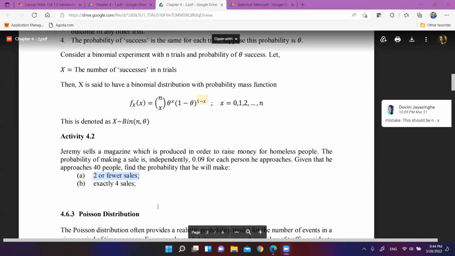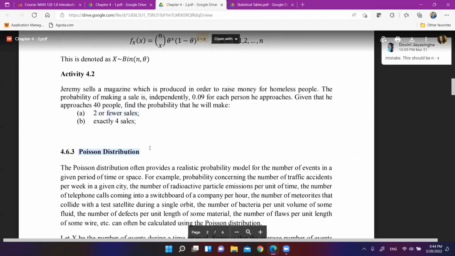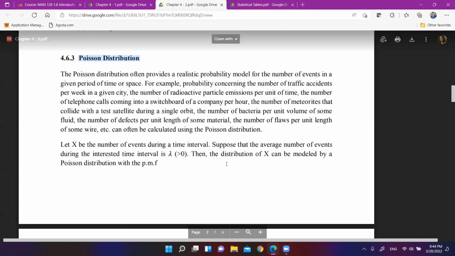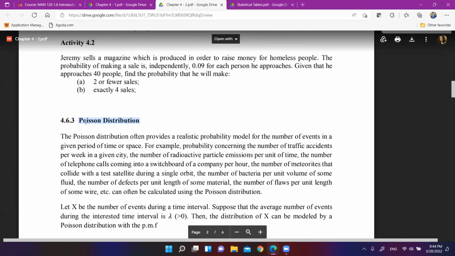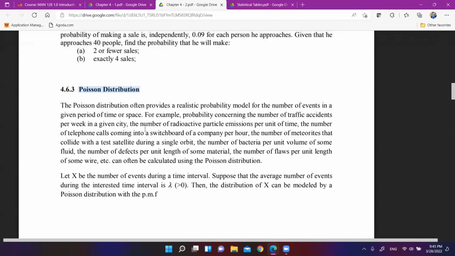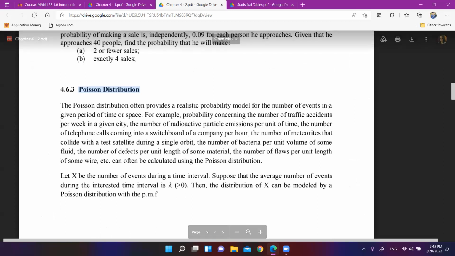The best way of pronouncing it is Poisson. The I is silent, right? Poisson distribution. The Poisson distribution often provides a realistic probability model for the number of events in a given period